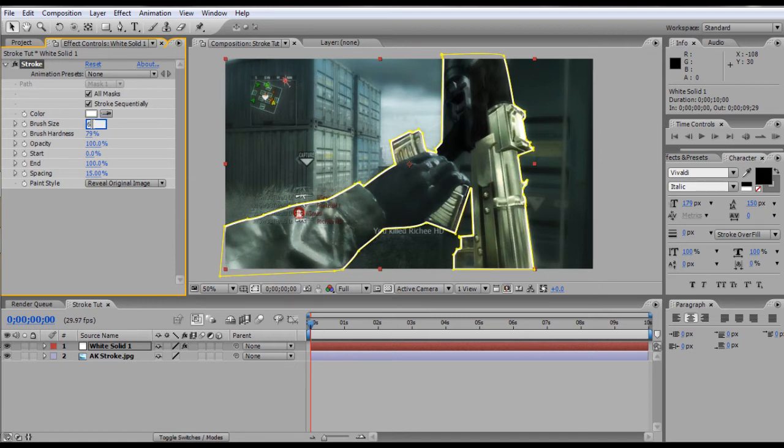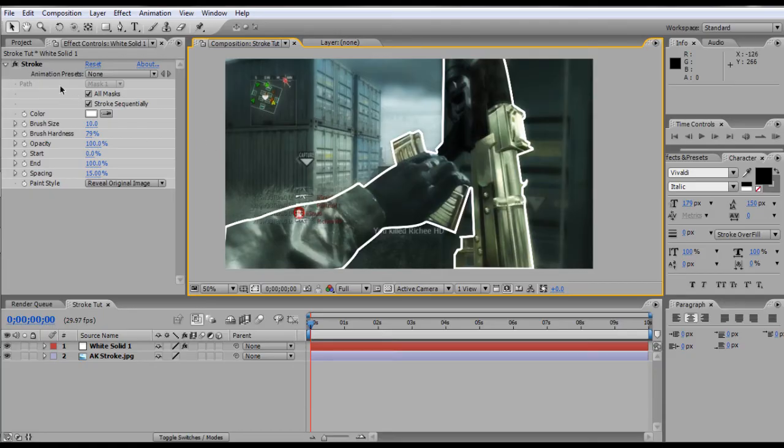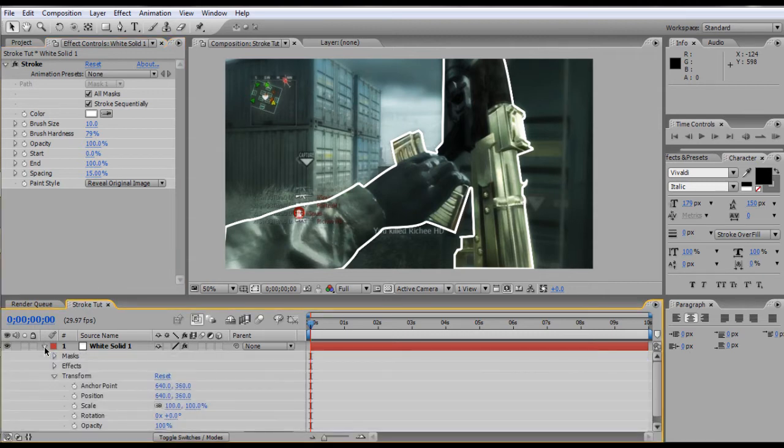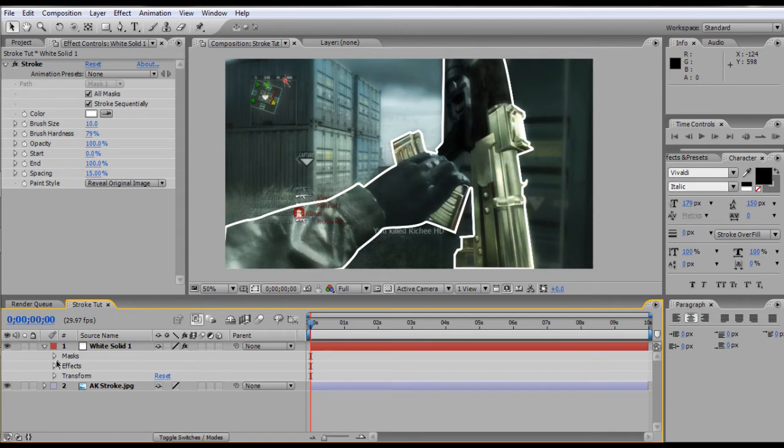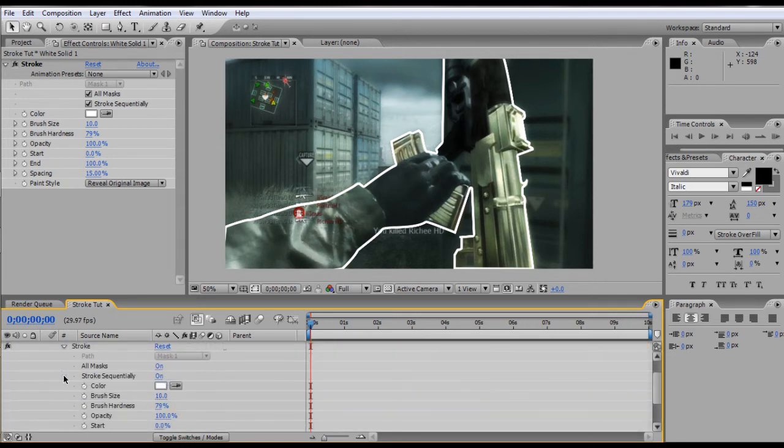I personally like about 6, but I'm going to make it a bit bigger for this. I'll go for 10. I think that looks pretty fine. And so now you're just going to keyframe this, drawing itself on and off. So if you go back down to your layer, click down, you can get rid of that now. Go to Effects, Stroke,